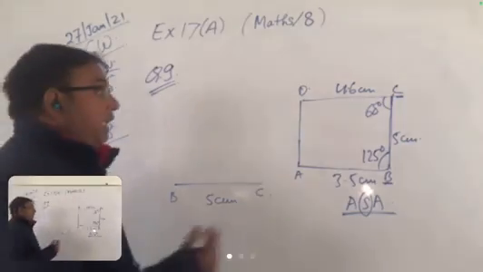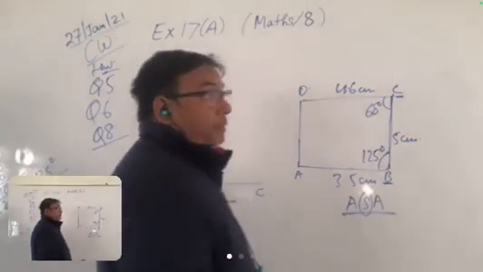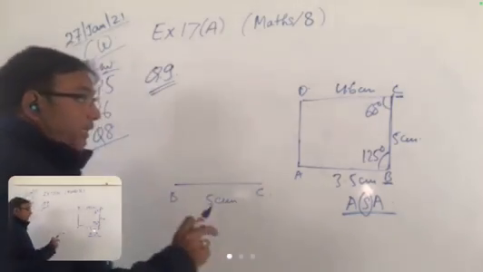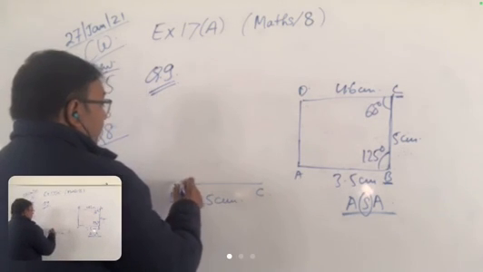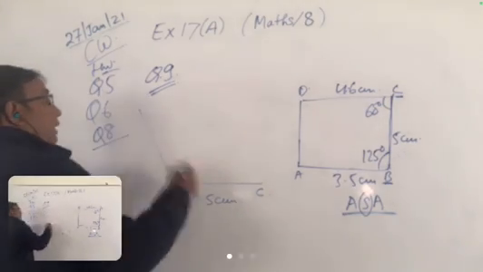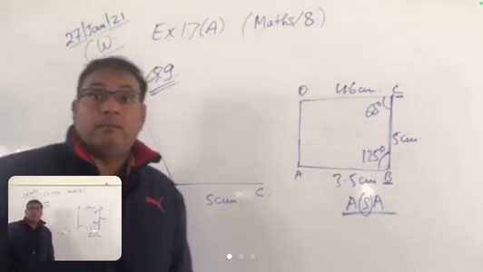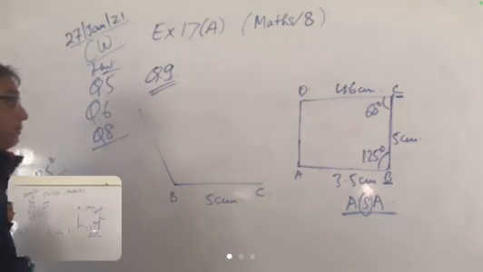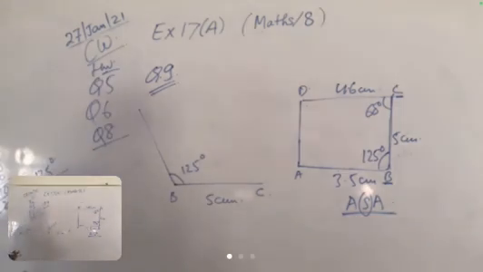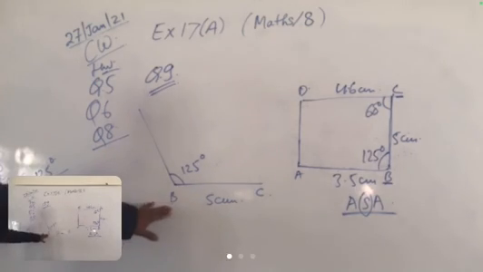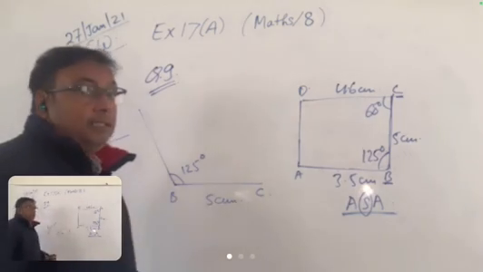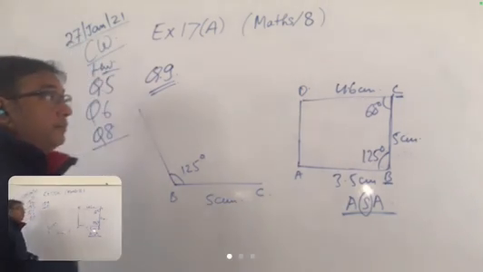So one thing is 125 is not possible to construct with the help of compass. So everyone take a protractor and draw 125 degree. With the help of protractor you can draw angle B which is equal to 125 degree. Clear everyone or not? If anyone has any confusion, please ask. You have to draw the angle B with the help of protractor. We cannot make 125 with a compass. Okay?